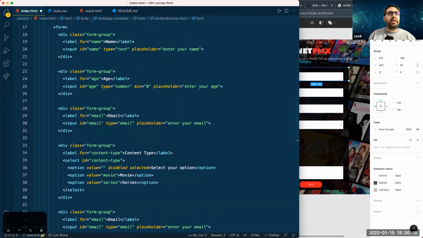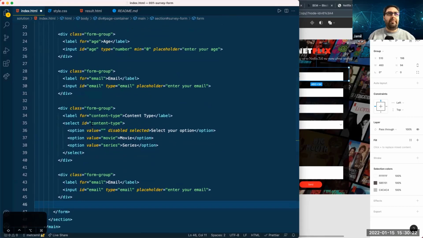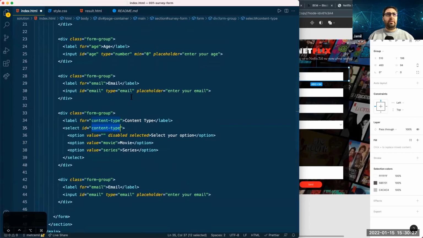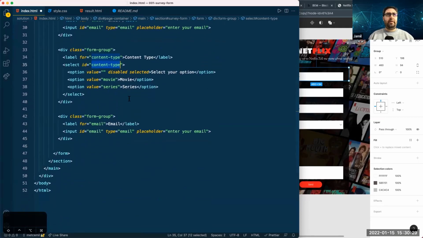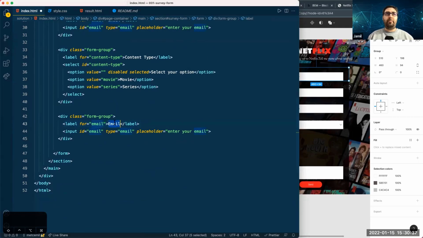I'm just double checking if I have something missing. Maybe if I have used the same ID names. No, it's all okay. All right, perfect. Let's continue with another form group. So this time the label is going to be movie type. Okay, so main label will be movie type, but